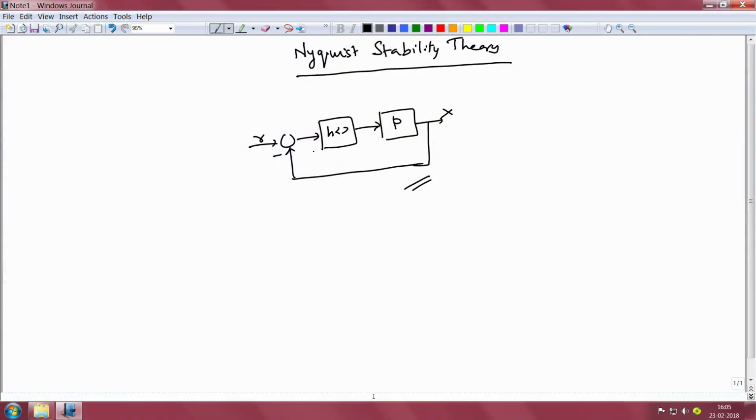We have a sensor that measures the output of the plant that we want to control, which I have called P here, and then compares it with the reference, and the difference is manipulated by a high gain function H, and the output of the high gain function is fed back to the plant. Now what is quite interesting is to note that practically every single control engineer is ultimately implementing this block diagram in one form or another. So it is the high gain of the controller that ensures that x of t would be equal to r of t. So what are the typical controllers that we might have come across?